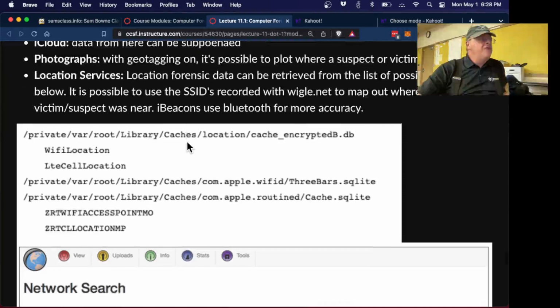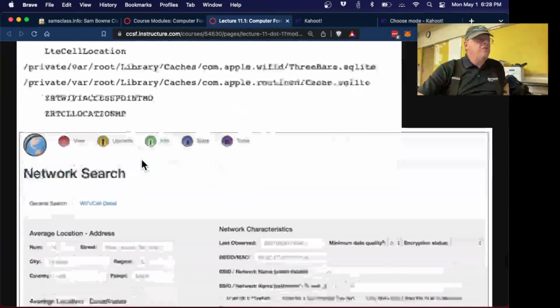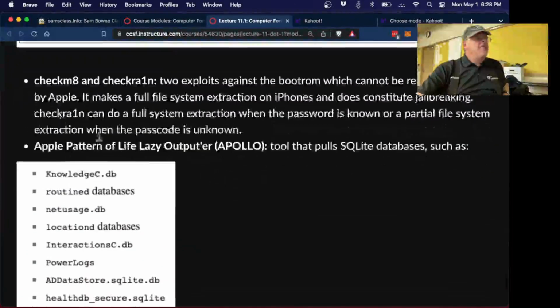They got location forensics, of course. You got information about where you've been going, what Wi-Fi you've been going to, and the GPS and so on. Checkmate and Checkbrain are two exploits to defeat Apple security and jailbreak the iPhone. And the thing that caught me, the guy that made Checkmate was in my classes here about 5 years ago, was a Google engineer, took the exploit development class and developed these exploits on iPhone, the first new jailbreak in 7 years. So that was great.